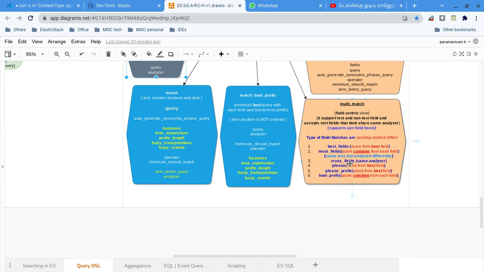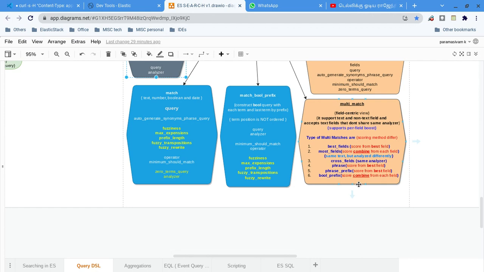I think I have covered best fields and phrase prefix. Now bool prefix. What is bool prefix? Very simple. For bool prefix and most fields, we will combine all the matches.